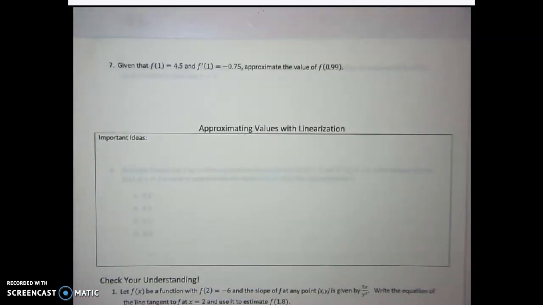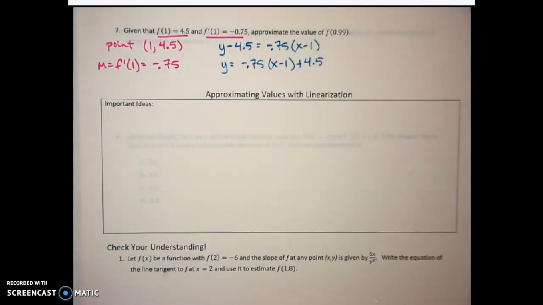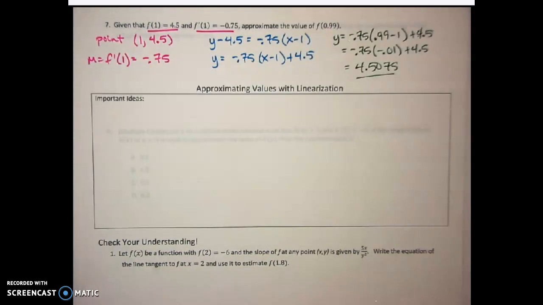On the next page now, I'd like you to, again, pause the video and try to do that number 7. You're basically doing in number 7 what we just did in number 3 above. So from the information given, f of 1 equals 4.5, I'm given the point, so (1, 4.5), and then f prime of 1 is negative 0.75, so that's my slope. And now I can go ahead and write my equation, and then I can use my equation. There's my equation, and all I did was bring that minus 4.5 over to the right-hand side because I'm going to be solving for y anyway, and so now let's go ahead and plug in 0.99 for my x. And you should have gotten